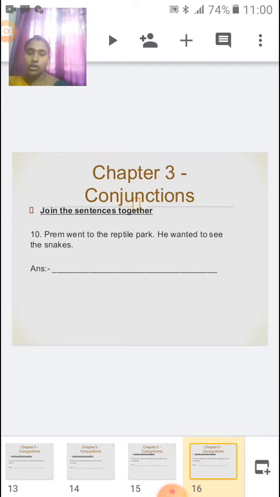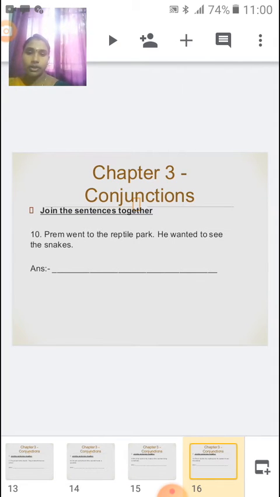Okay children. So do these 5 sentences in your notebook and just take a picture and send it to me. I hope most of the 3rd standard students are doing very well. Whenever I give a homework, they do it very precisely and with much effort, along with their parents. They are trying to complete all the work that is being given.